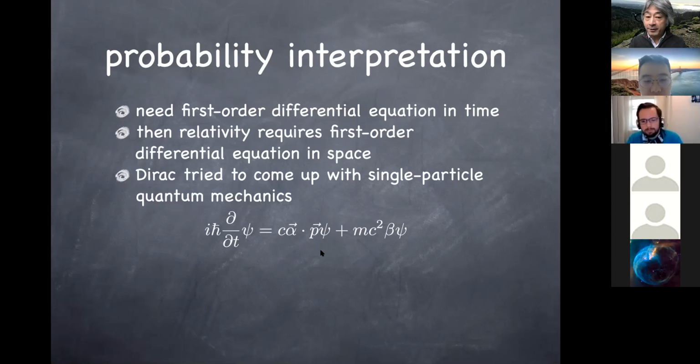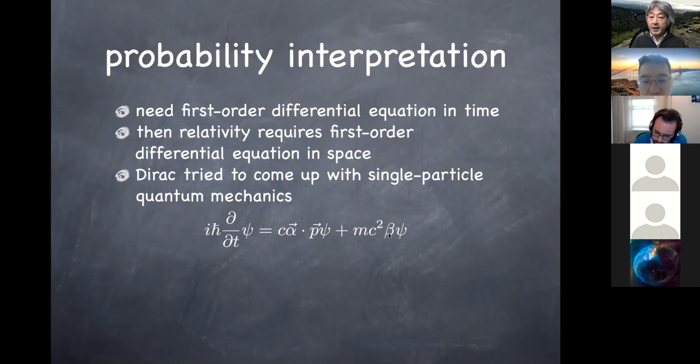And on dimensional grounds, i h bar d/dt is supposed to be energy. We are talking about the relativistic particle, so mc squared also has the right dimension as the energy. So that's another candidate that can appear in the right-hand side of this equation. And again, we don't know the coefficient of it, so he decided to put just beta. So we don't know what alpha and beta are, but they're just meant to be coefficients to come up with a linear combination of momentum times c, which has the correct dimension as the energy, and also mc squared, which also has the correct dimension of energy.